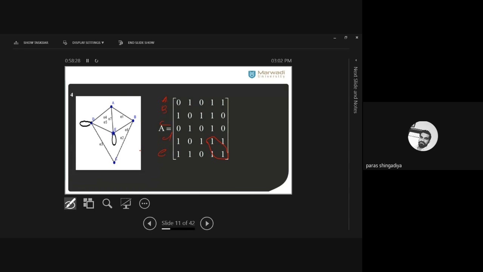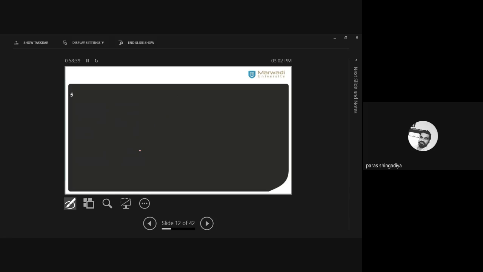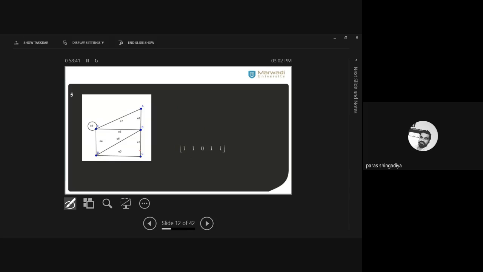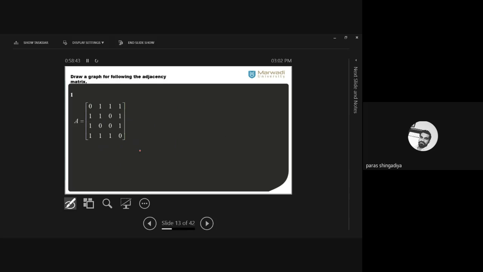ठीक है, मैट्रिक्स में से ग्राफ बनाना. ठीक है, अब तक हम क्या करते थे? We have one graph with vertices and edges, and we just create a matrix. And now in the next case, there is one more example that you just verify. Okay.